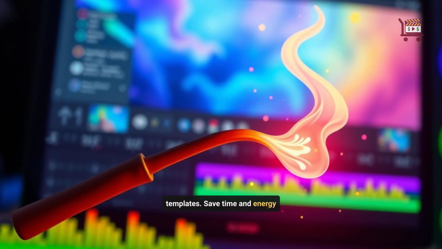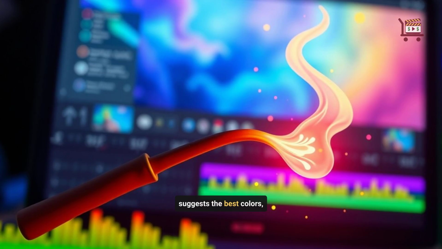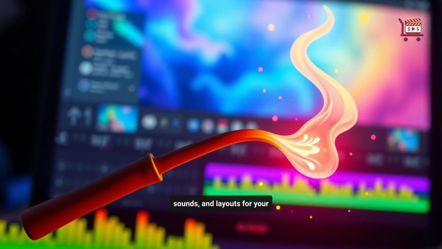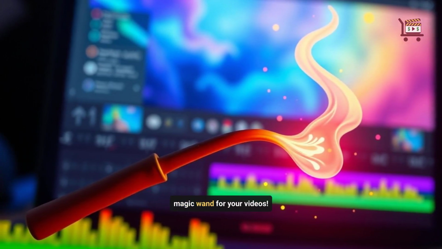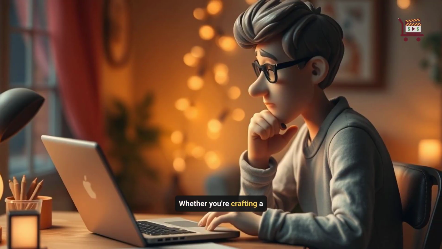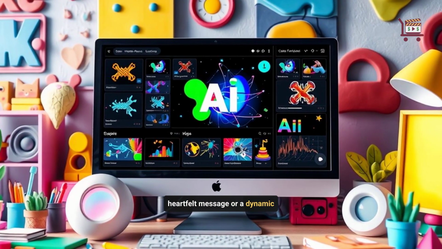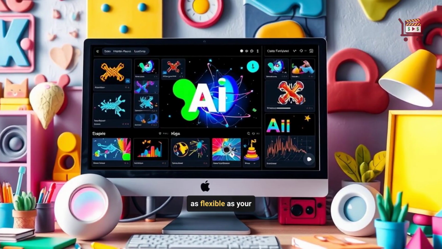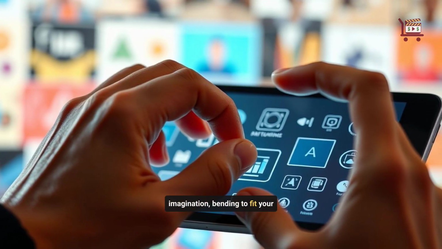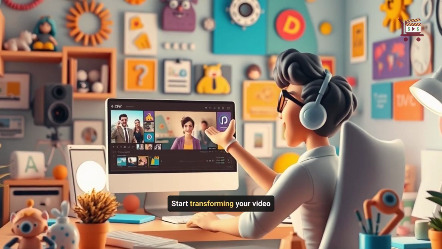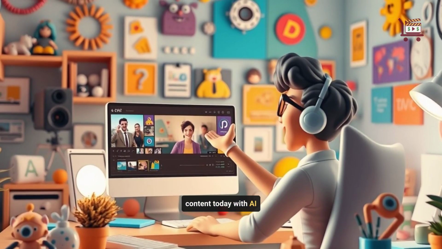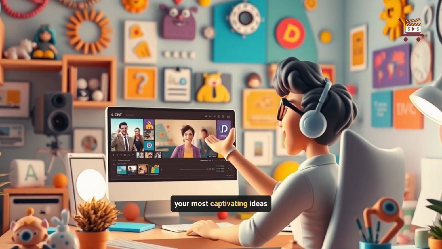Save time and energy as AI technology suggests the best colors, sounds, and layouts for your projects, like having a magic wand for your videos. Whether you're crafting a heartfelt message or a dynamic promo, these tools are as flexible as your imagination, bending to fit your every need. Start transforming your video content today with AI DIY tools and bring your most captivating ideas